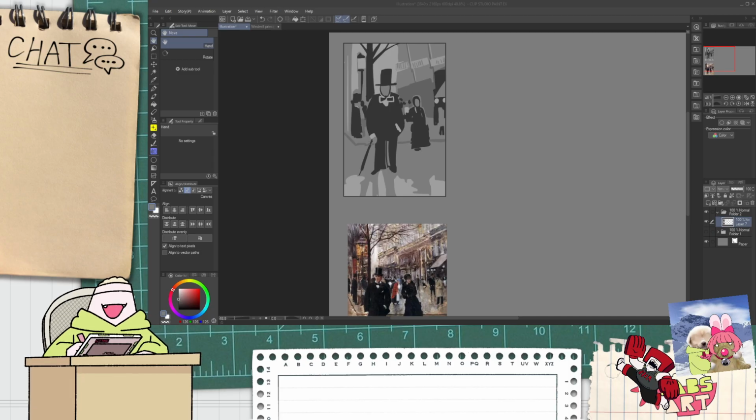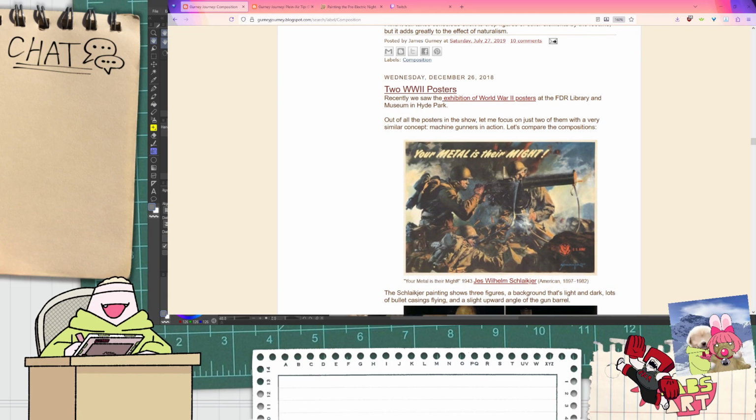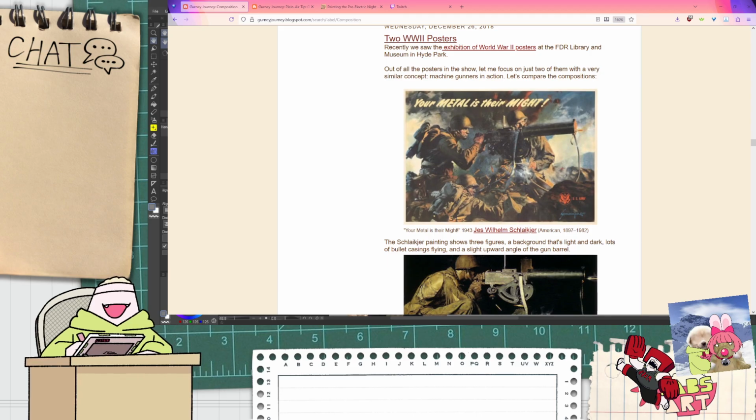Two World War II posters. Okay, here we go. Recently, we saw the exhibition of World War II posters at the FDR Library and Museum in Hyde Park. Out of all the concepts in the show, let me focus on just two of them with very similar concept: machine gunners in action. Let's compare the compositions. Your Metal Zeramite, a 1943 Jess Williams